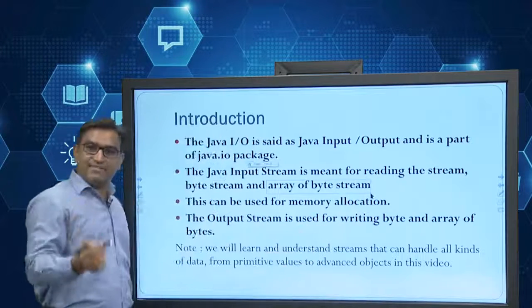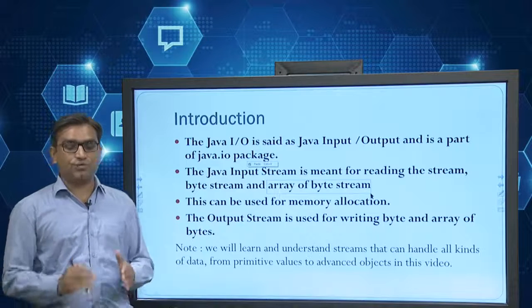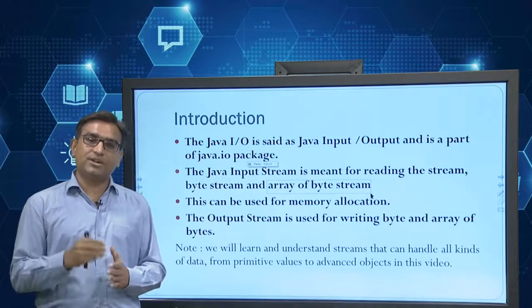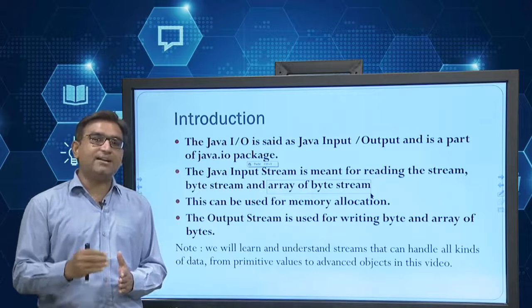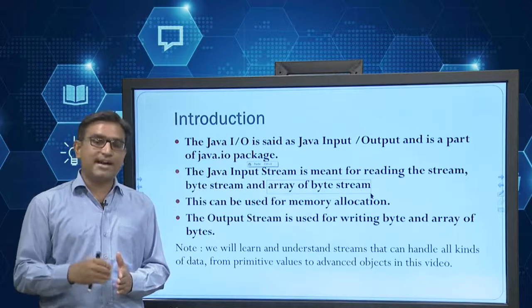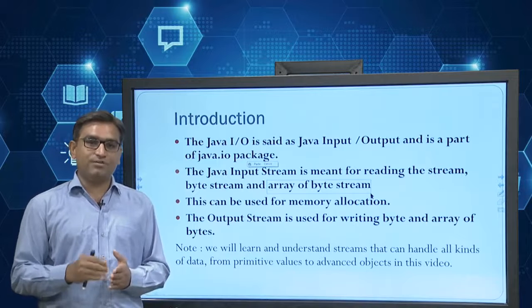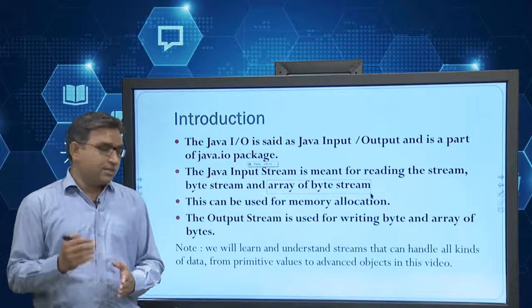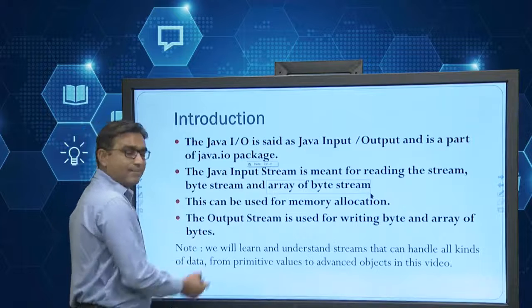Okay, got it everyone? So this can be used as a memory allocation. Whatever operations we are performing, each and every task is assigned some memory. What kind of memory? Either byte memory, block memory, any kind, and it performs some logical operation. So memory operations can be performed through that. That can be used as a memory allocation.